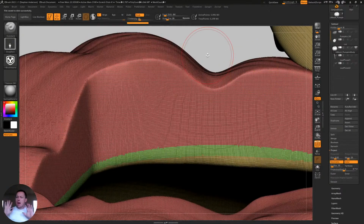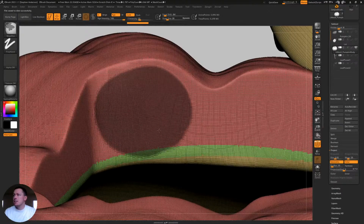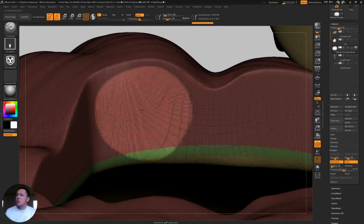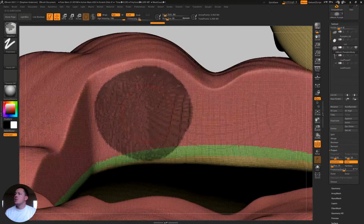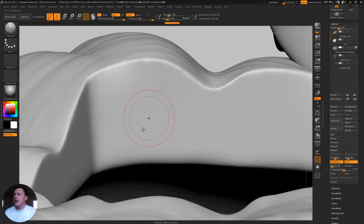and I need some more definition. Okay, this is just what I need out of this little area right here. So I'm going to hit this, invert my mask, and hit Control D. That's going to give me more resolution just in that spot. I'm going to do the same thing, Control D one more time, just so that I have the resolution I need to be able to put my stamp in. Now I can undo the mask, and now